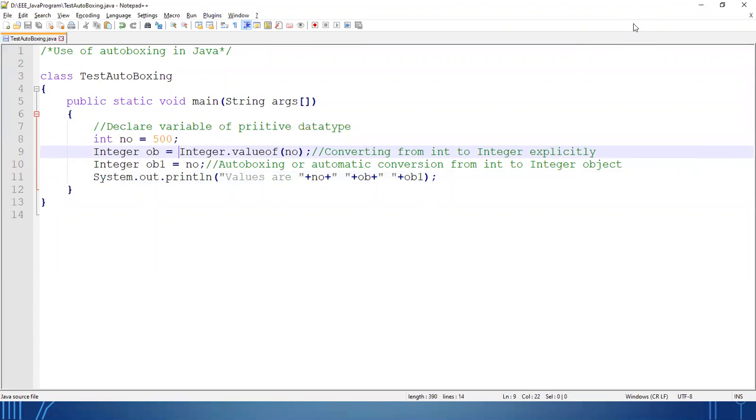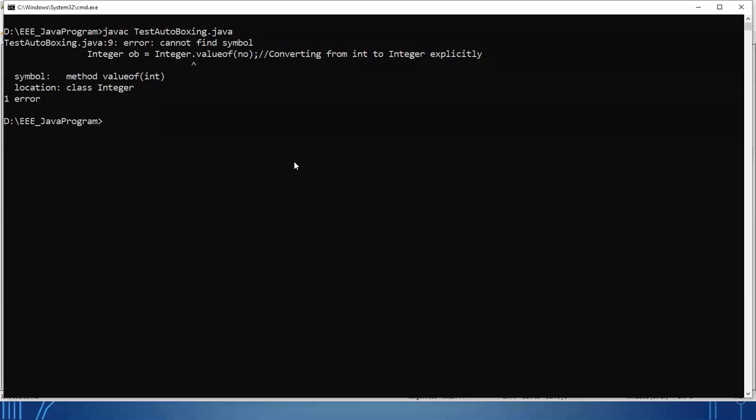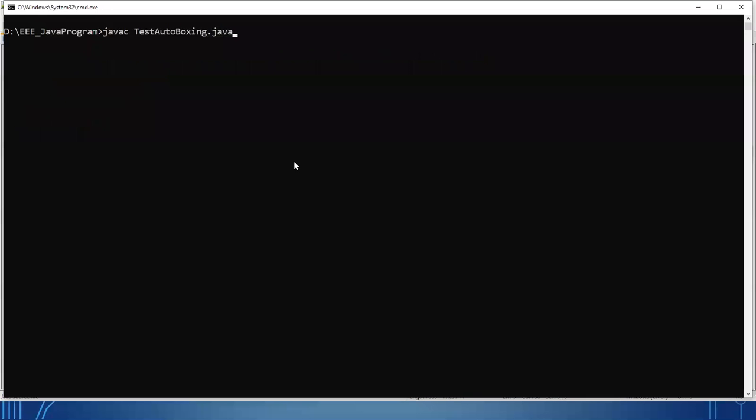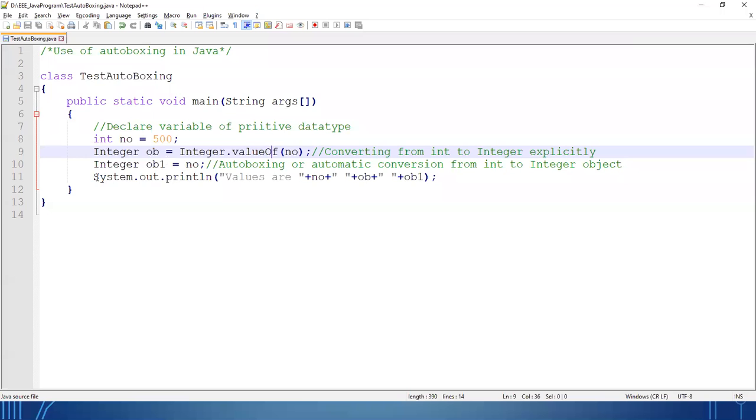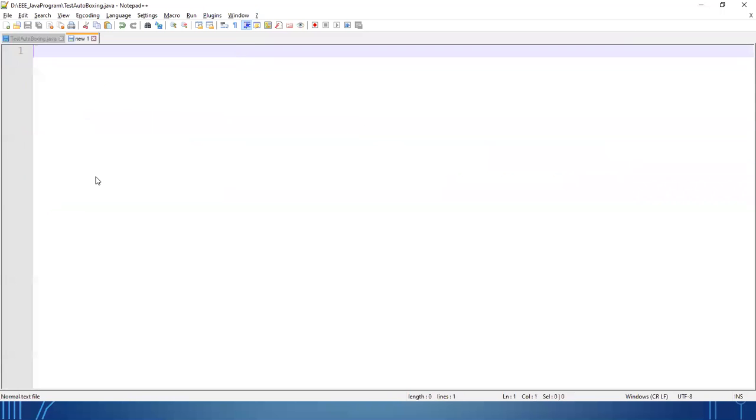Integer. So let's make the I capital because it was small previously. Yes, compiled. Okay, so all three values I am getting: 500, 500, 500. Done. Okay, so I'm copying this particular program